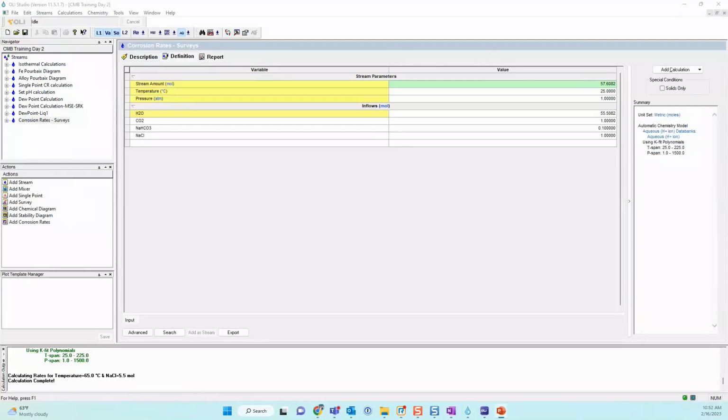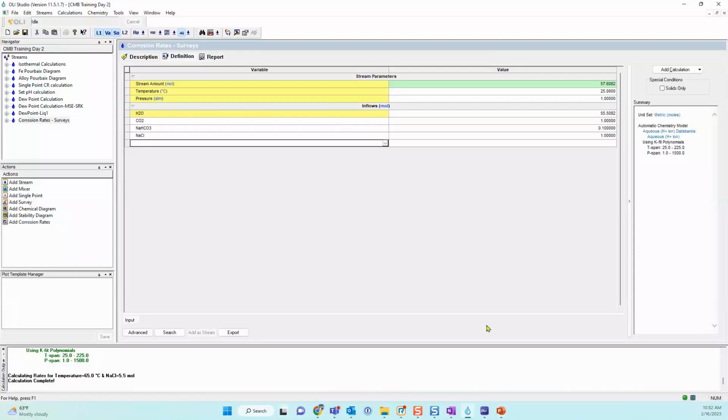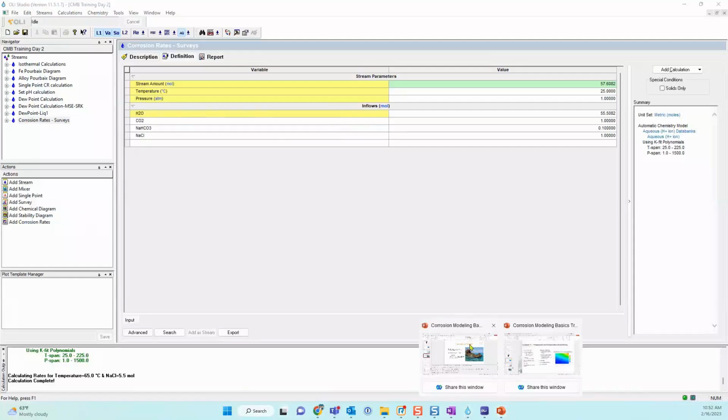So that is the dual surveys. I'm not going to spend more time on it. I want to move to the next and last topic, which is entering water analysis using the software. And this one is important because I will be talking about what Mariana wanted to talk about last time, the oxygen concentration. We will also be doing a survey using this produced water chemistry. So it's relevant.